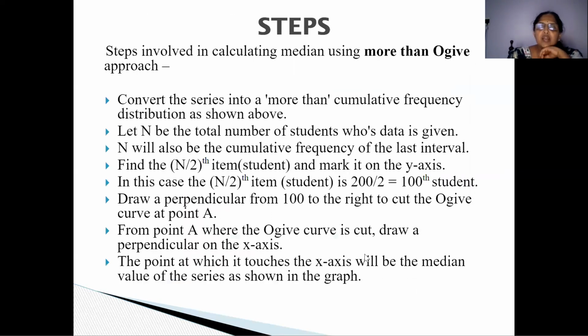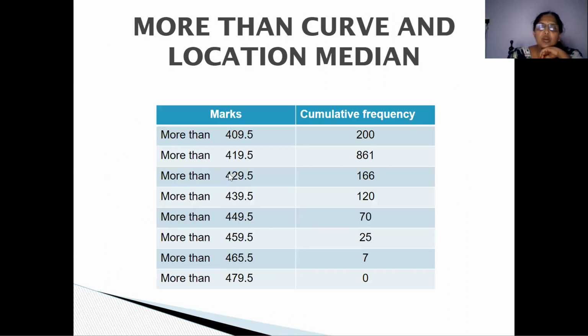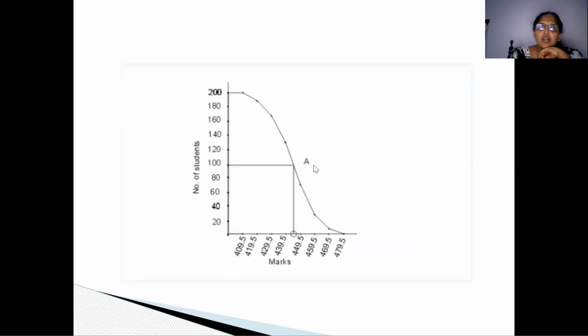409 to 479. This is the class interval. 409, how much? 200. So it comes from this point, 200. Where is this 409? It is here. So you can touch this point, no problem, or you can commence from this point also. Usually we commence from this point, touching both lines. This is the class interval and this is the frequency. This first point is 200.